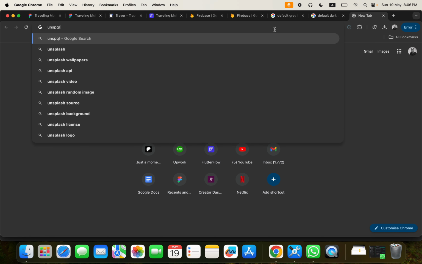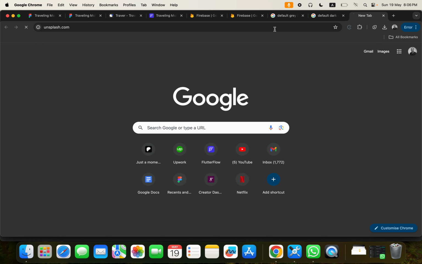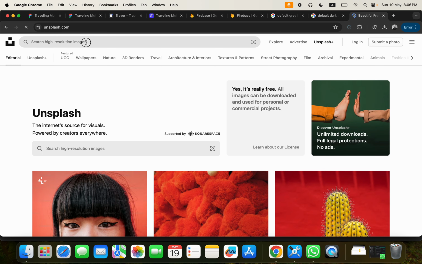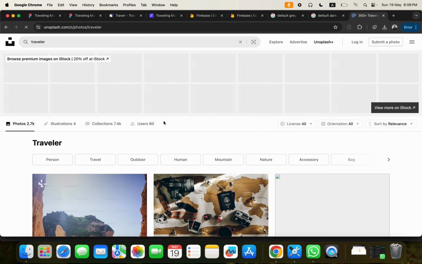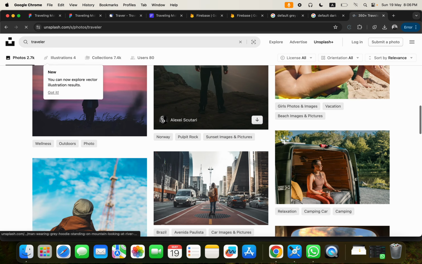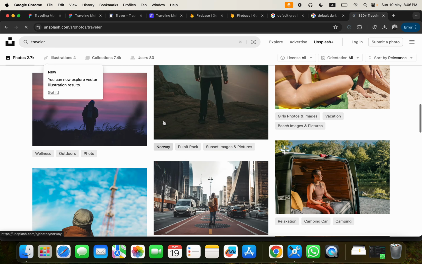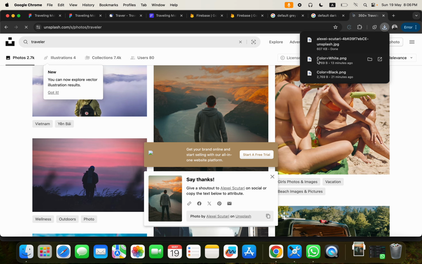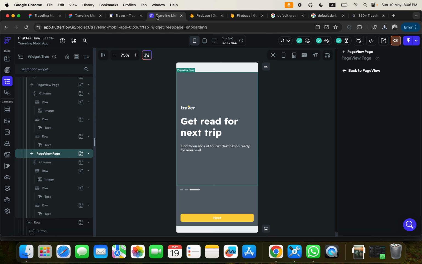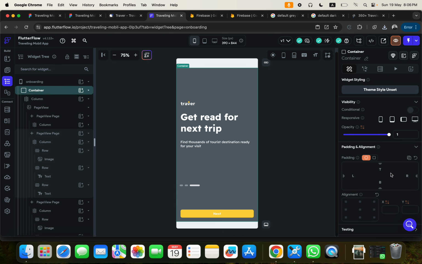Let's go to unsplash.com, right? And this is where we can get unique pictures. So let's say traveler. So we need a traveler picture that is dark, right? I think this is good actually. So if we can download this. So it says Alexei. So now let's come over here and go to our widget tree, the container, and scroll